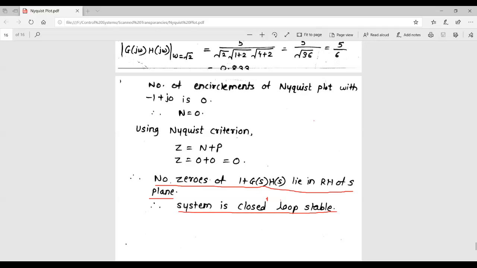Now I suggest you go back to this particular problem and look at the section wise polar plot, right? Because that is the most important thing in this whole method. And ultimately you need to locate the point -1 plus J0 and locate the point of intersection of your polar plot with the negative real axis, and you can then check whether there are encirclements around the critical point or not. If there are encirclements, you need to count them. That will be the value of n, and that value of n should match with minus of P, right? Then only the Nyquist criteria will be satisfied and the system will be stable.